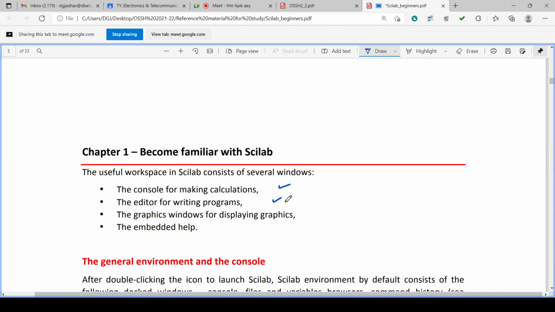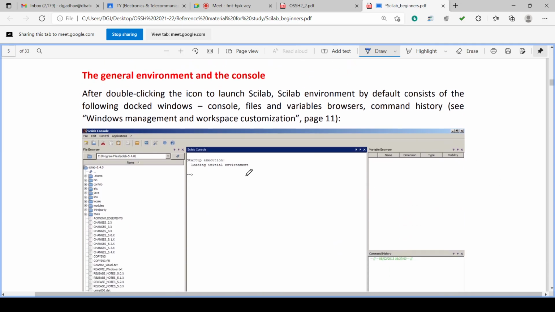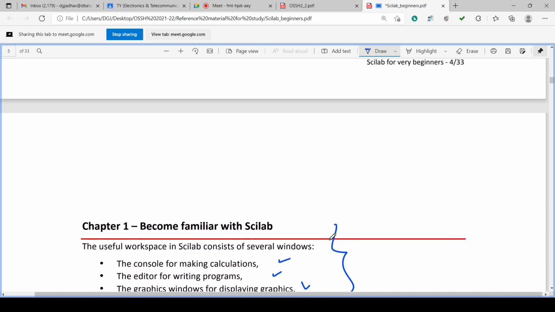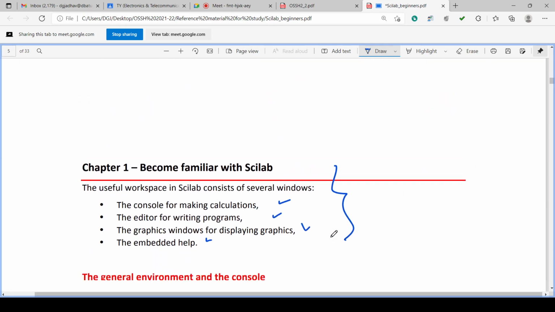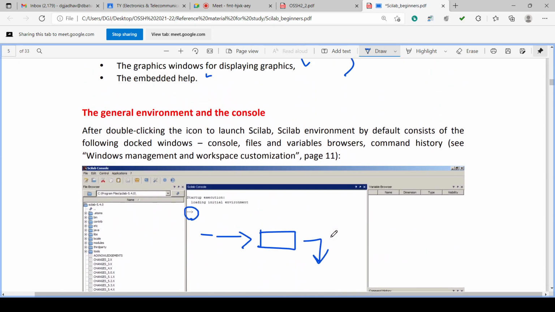As we know, console is there, editor is there, graphics window is there, embedded window is there. These are the familiar Scilab windows. So this is the console and this is called the prompt, isn't it? In front of the prompt, you can write the command and press the enter button. In case of Windows and Linux, it is called enter, and in case of Mac, it is called the return button. Okay. Then the command will be executed.